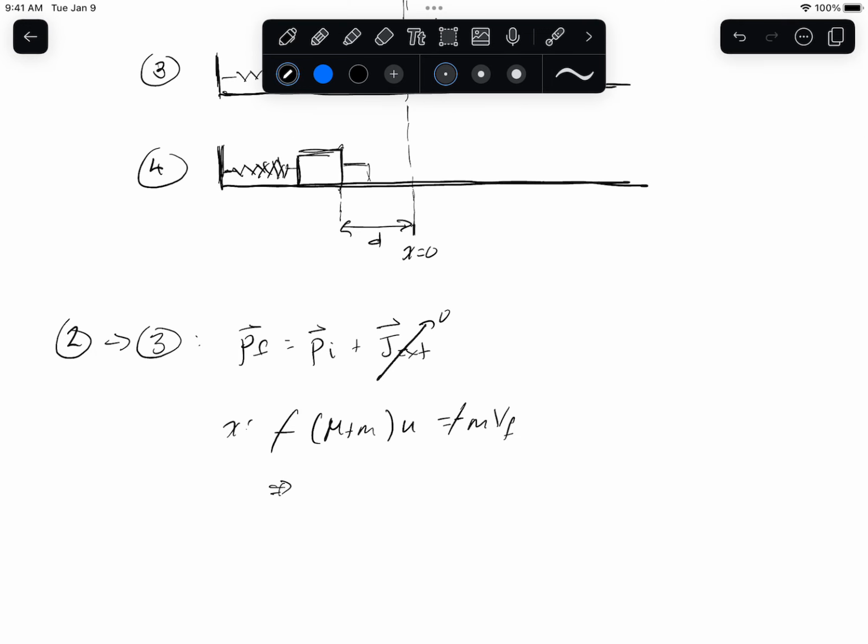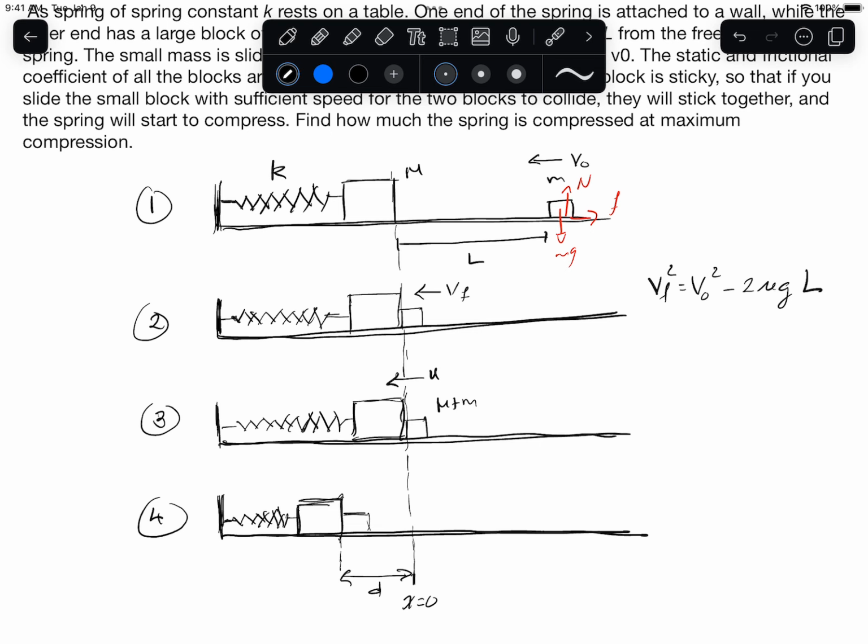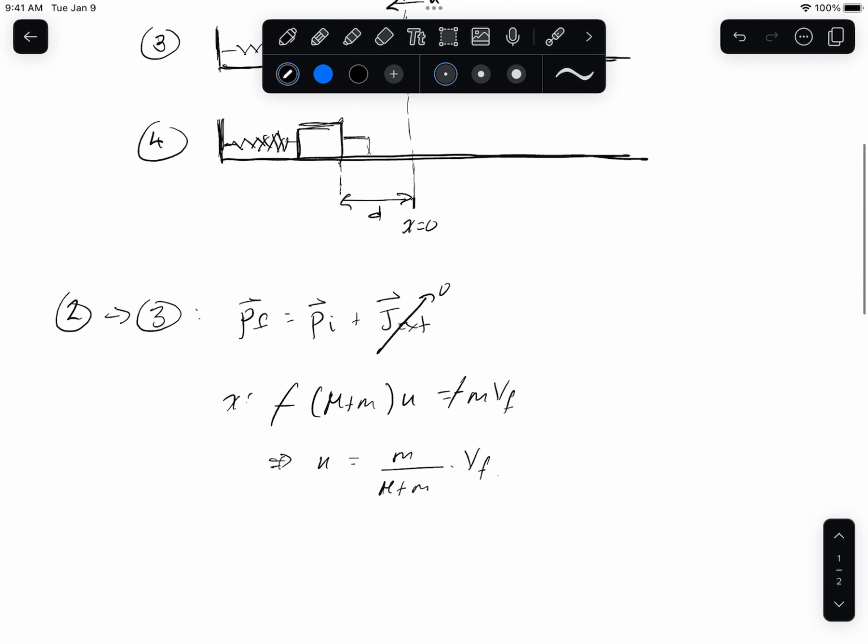And what we get is that the velocity u of the two blocks is going to be little m divided by big M plus little m times vf. And remember, vf is known. We know what vf is, and so there you go. Now we know what u is. This is our final